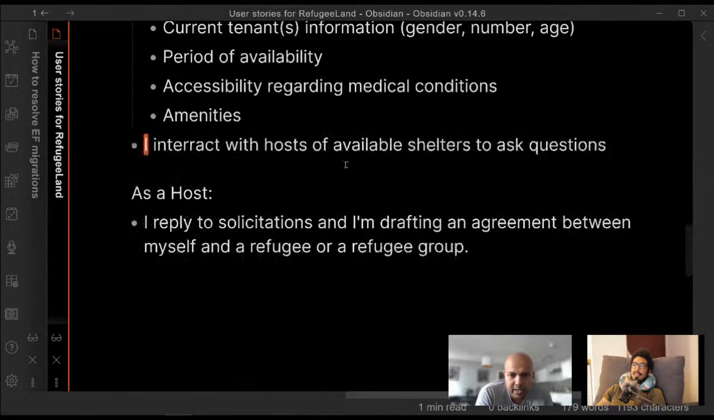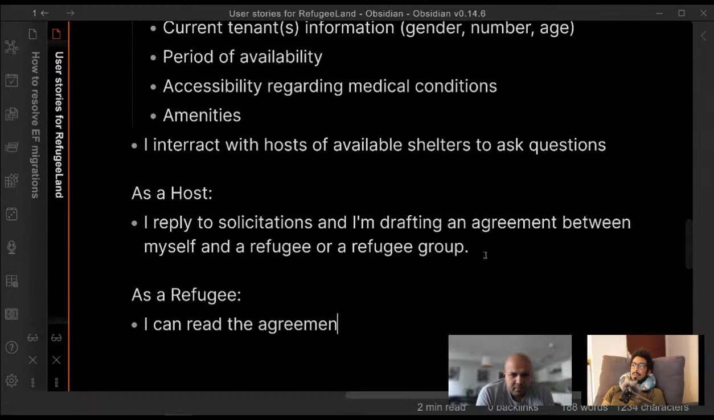So, okay, you draft an agreement between myself and a refugee or refugee group. So now, let's say they've agreed to it. Both parties said, "Yeah, I'm happy with the terms and conditions." So as a refugee, I can read the agreement and suggest changes to it. Or